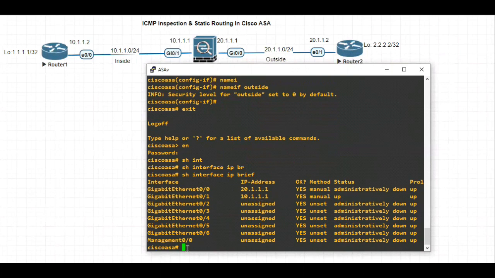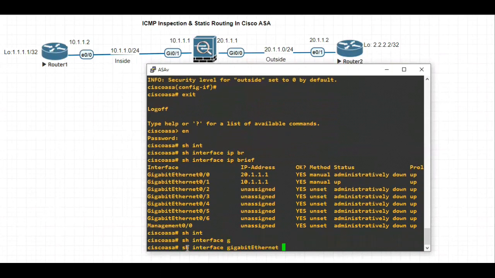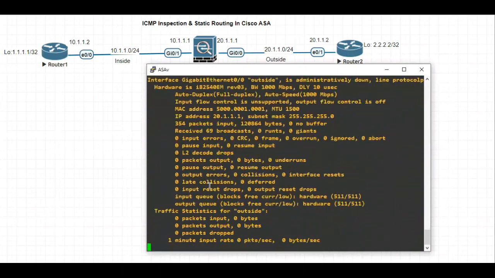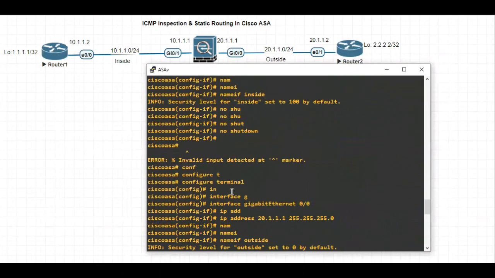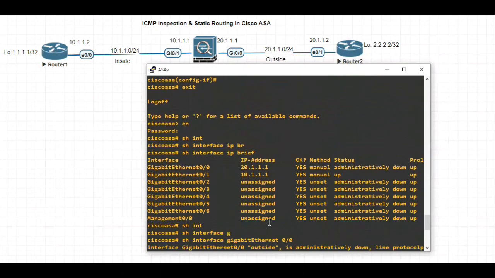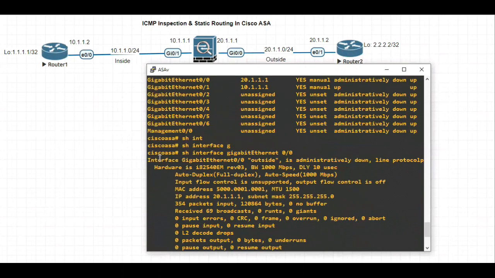Let's check. Show interface gigabit 0/0. This is the outside interface and it's administratively down.